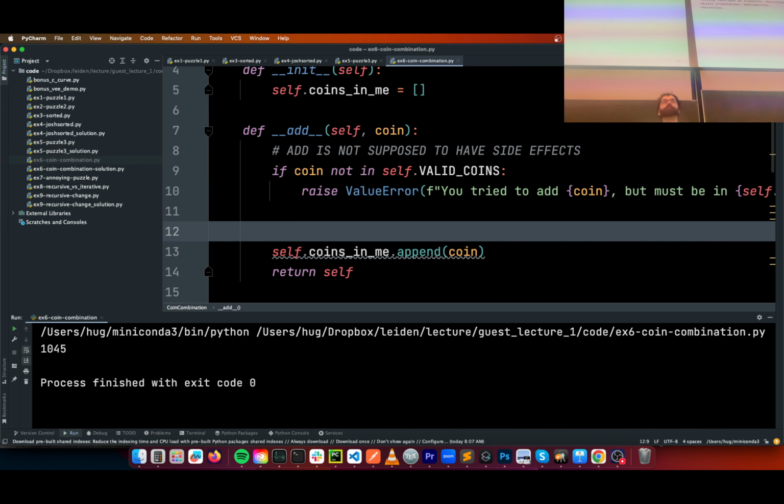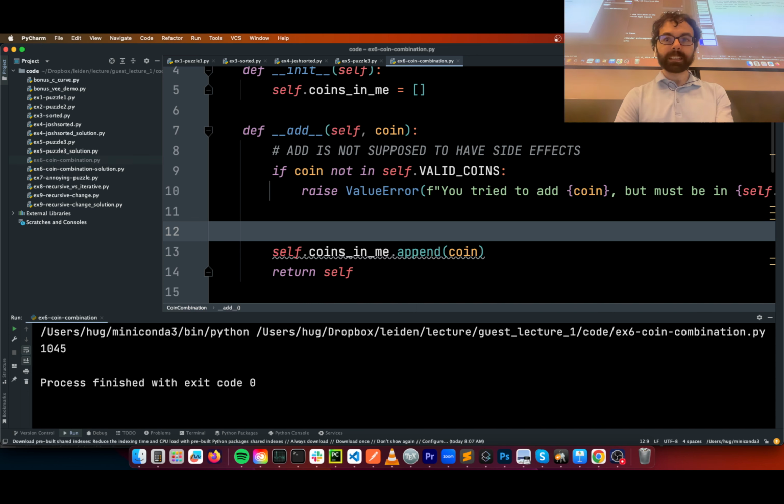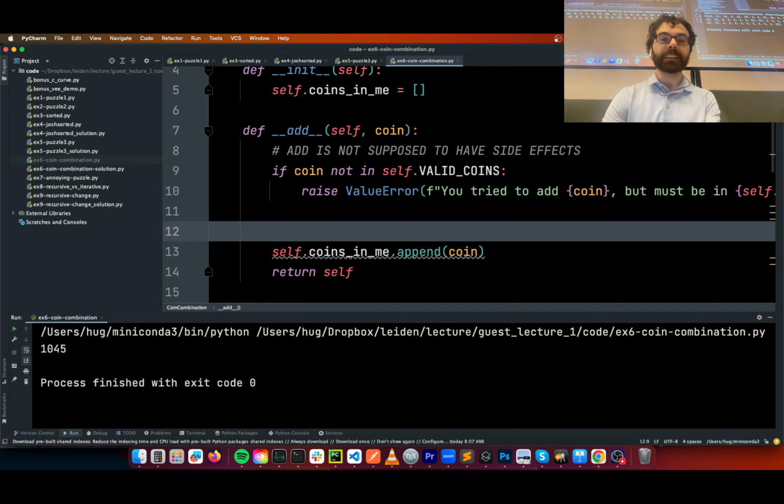Okay, so wrapping up. What do we do today? Well, you looked at functions as arguments, functions as return values, object orientation and immutability. Coin combinations couldn't change, and recursion. Now, I hope that this felt good, it felt reflective, but that you also still felt like there's some interesting challenges here. If there's something you wanted to get out of this lecture that you didn't get out of it yet, I'm going to post everything, and what I'd recommend is that you try and actually do the recursive change problem from having no comments, maybe in a week or so, just to reflect on it. Anyway, that's all I got for you.